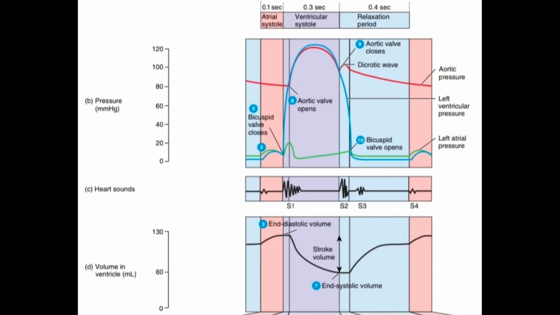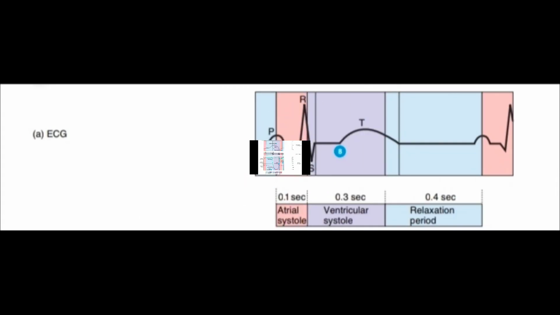इसके अलावा कार्डिक साइकिल में अगर हम ECG को देखें तो ECG कंसिस्ट्स ऑफ P वेव, QRS एंड T वेव। तो P वेव एट्रियल सिस्टोल से प्रोड्यूस होती है, QRS वेंट्रिकुलर सिस्टोल से प्रोड्यूस होती है, एंड T इज रिलैक्सेशन पीरियड। तो एट्रियल सिस्टोल दैट इज द फर्स्ट स्टेप ऑफ कार्डिक साइकिल, दैट इज शोन बाय P वेव, हम देख सकते हैं। सेकंड इज वेंट्रिकुलर सिस्टोल, और ये शो होता है QRS से, QRS you can see in the figure here, और T wave that is relaxation period, तो relaxation period T wave को शो करता है, and every cardiac cycle is followed by next cardiac cycle।